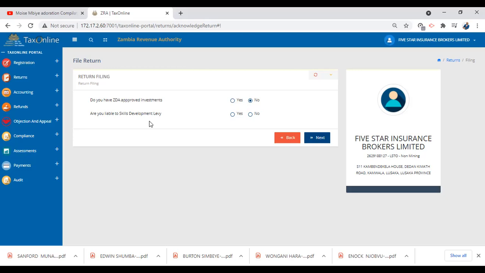So if an institution has exceeded 800,000 kwacha and they are registered for income tax, they should say yes to this, unless they are exempt. For exempt, we have government institutions, and also public benefit organizations that are approved. They must be approved. It's not just a question of being